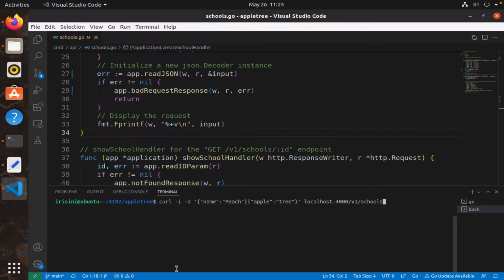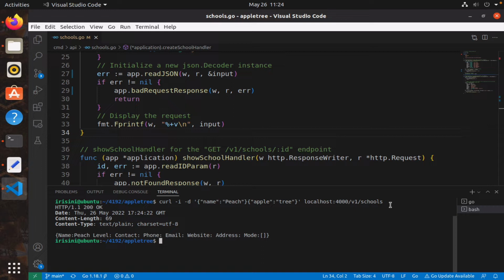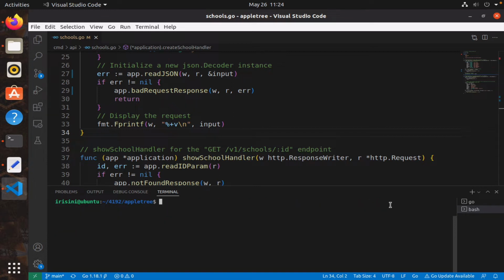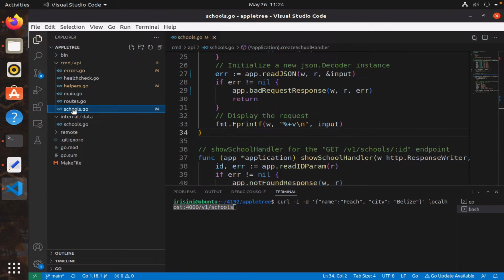What about something like this, where I have 2 JSON requests? Okay, still gives me back a valid response, right? We only want one JSON request, that is. And finally, what if I have something like this, where we include city, and city is not a valid field name. So if we go back to school,